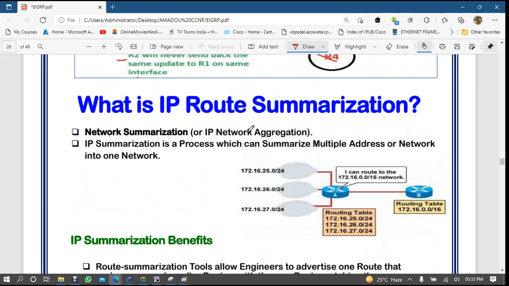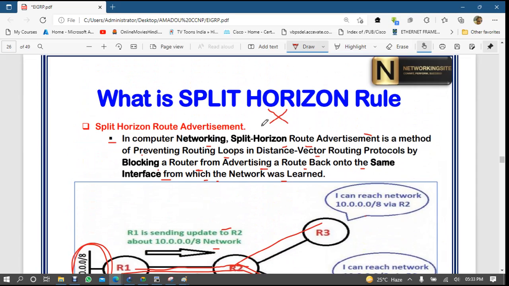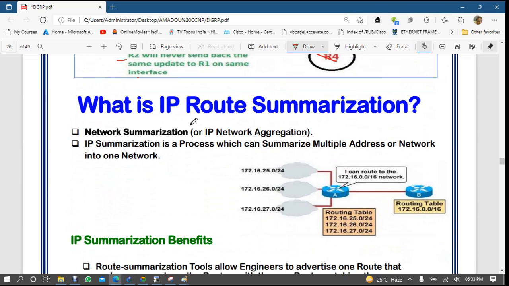Now let's talk about the IP split horizon rule. What is the IP split horizon rule? We have talked about IP split horizon already. Now, what is IP route summarization, or the route summarization process?